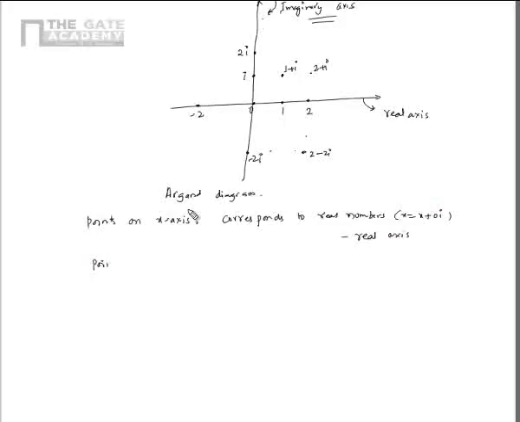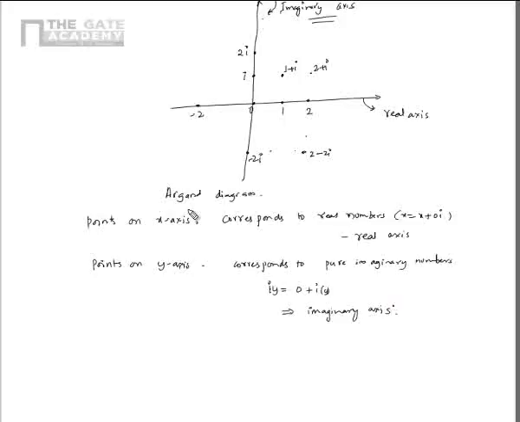And points on the y-axis correspond to pure imaginary numbers, or the complex numbers which have only the imaginary part. So something like iy is basically 0 plus i times y. So that's why the entire axis is called the imaginary axis. So this is what we get from the